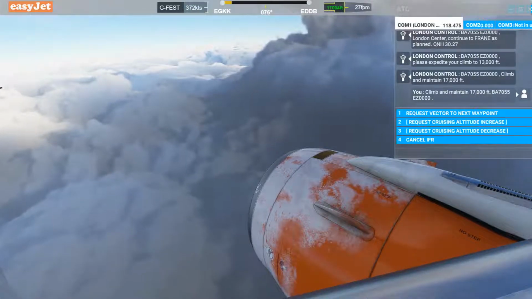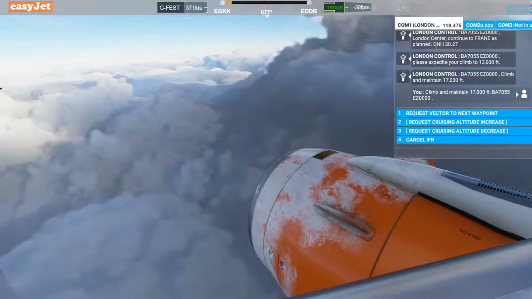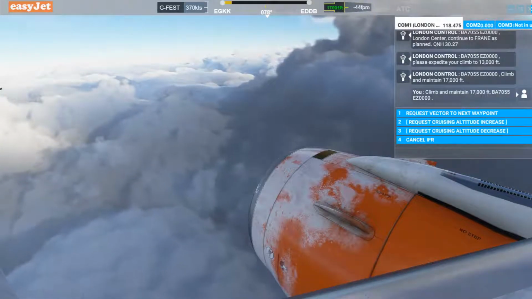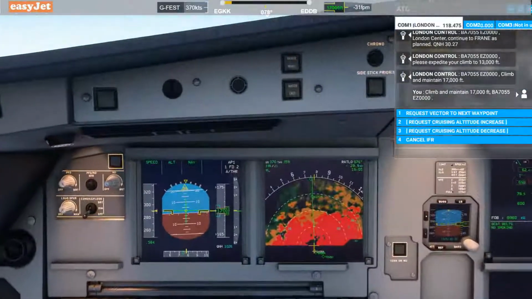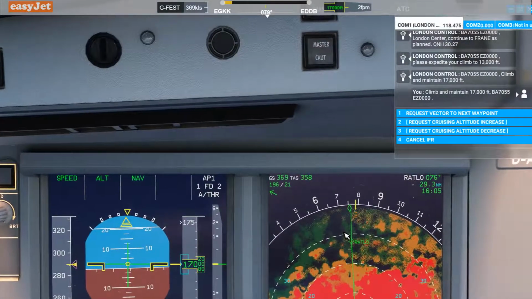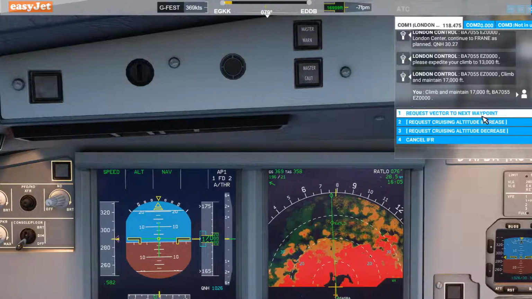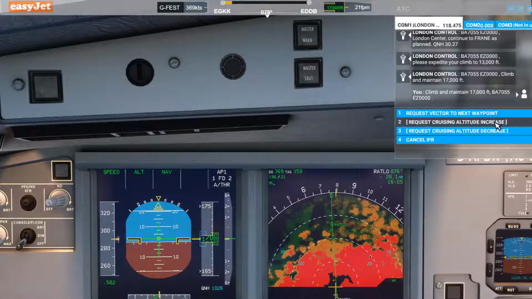There you go, look at that. Absolutely stunning, isn't it? Right, let's get back in the cockpit and have a look where we are. So on our way to Ratlow. At Ratlow, we should be at 30,000 feet. So we're currently at 17,000. So let's request